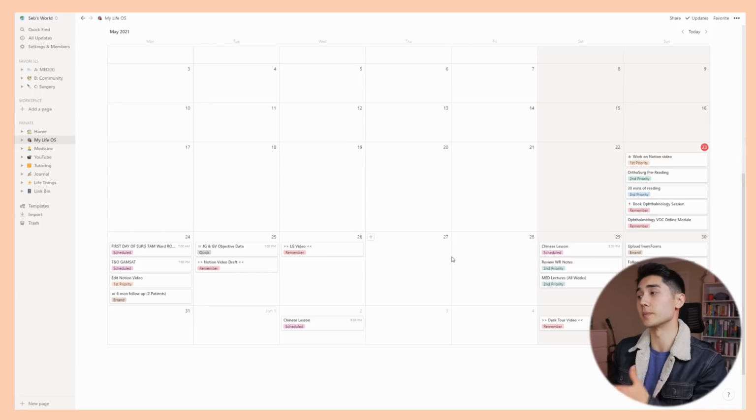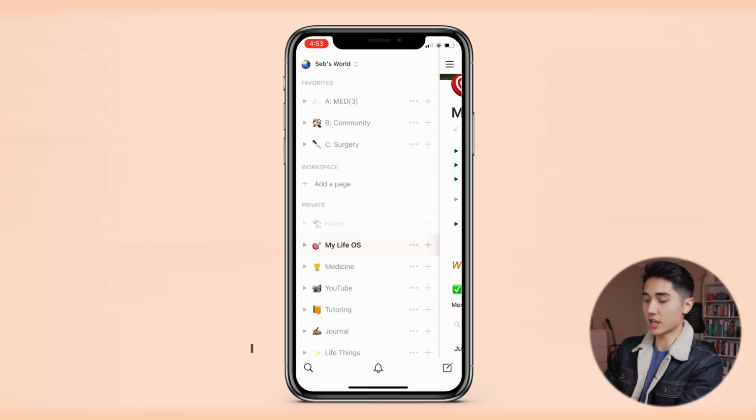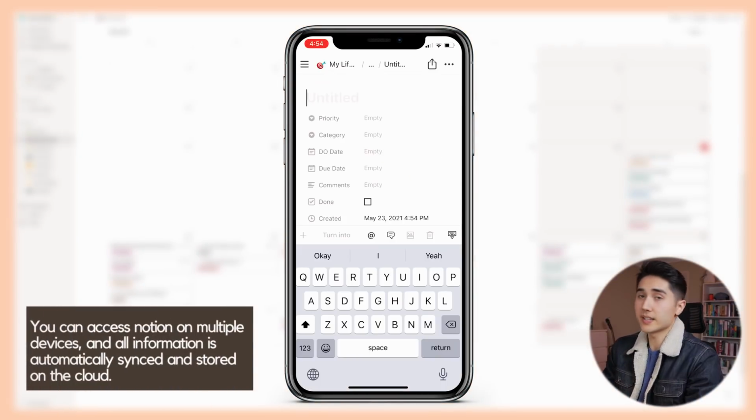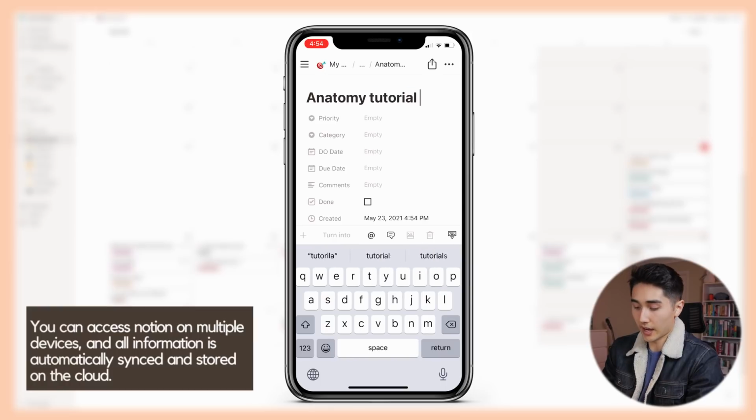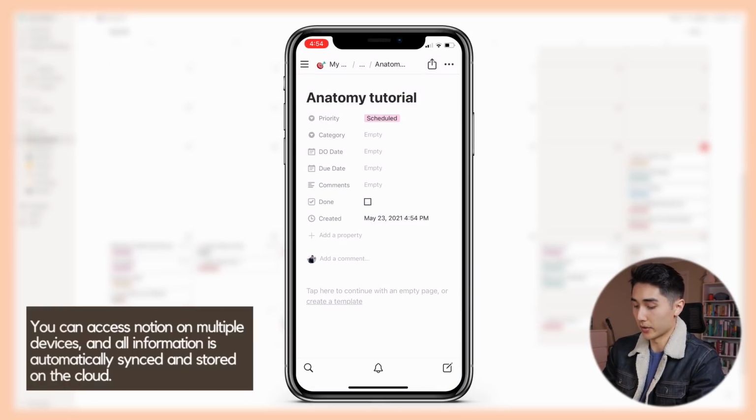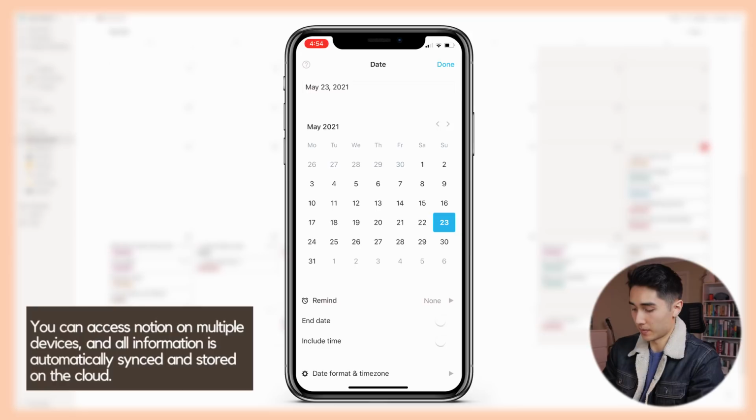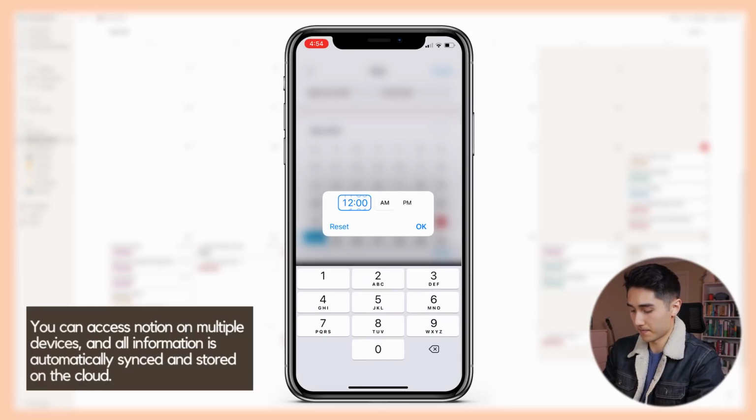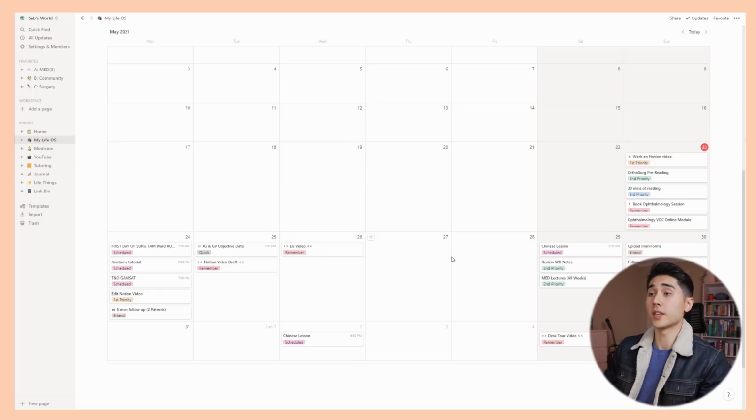And what's great about this is because you can access Notion through your phone or your other devices, you can quickly write tasks or notes on the fly. So just having a quick look at Notion on my phone, and say I got an email that there's going to be an anatomy tutorial tomorrow afternoon. I can quickly put in an anatomy tutorial, I'll put it in as a scheduled class, and because it's Sunday, it's going to be on the Monday, and I want to include a time for it, and it's going to be at 9 a.m. So I click done, and I put that straight onto my calendar,